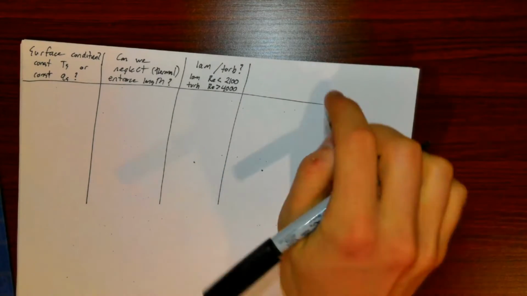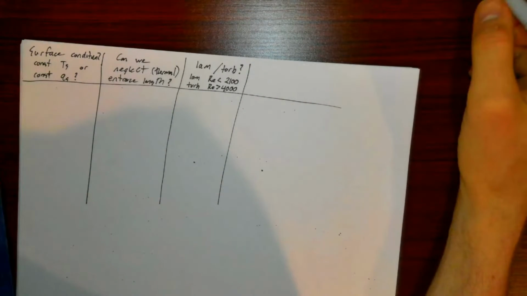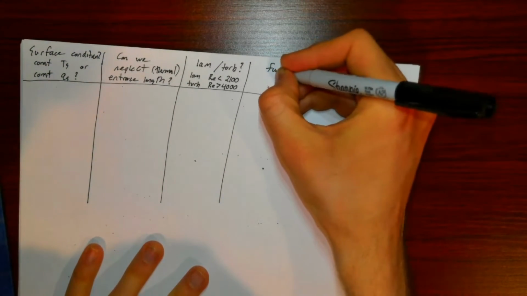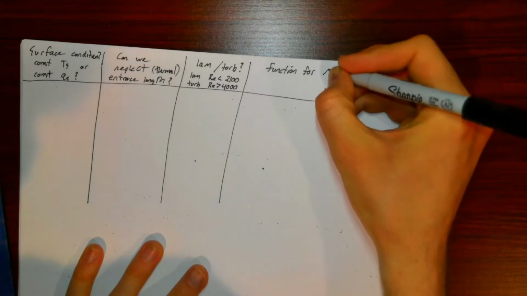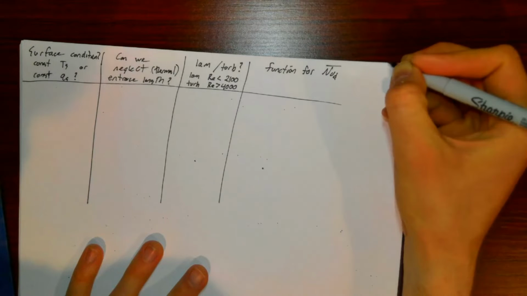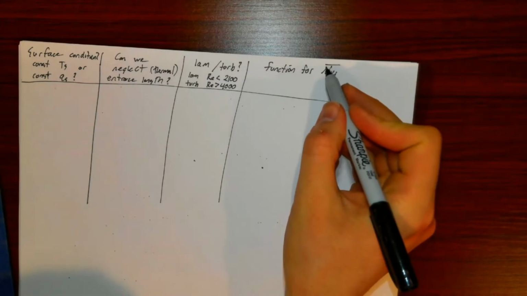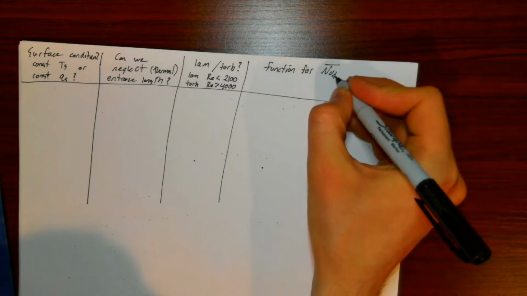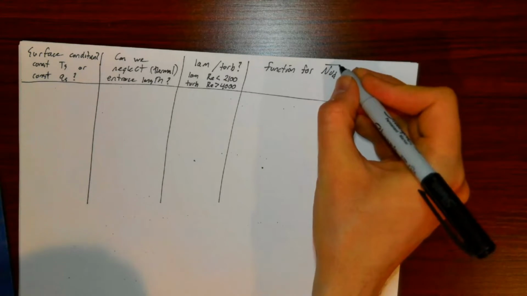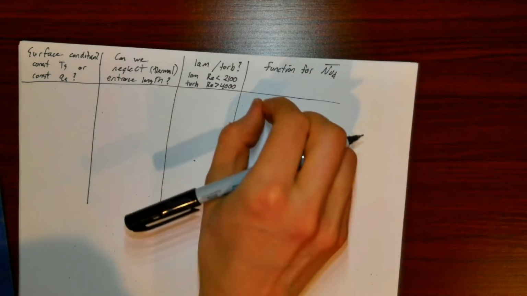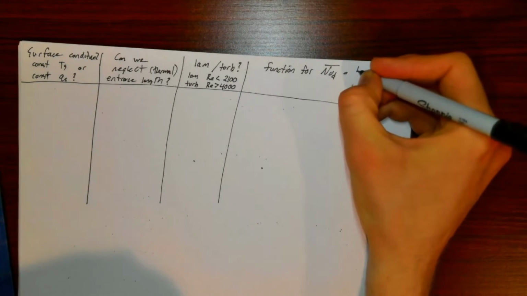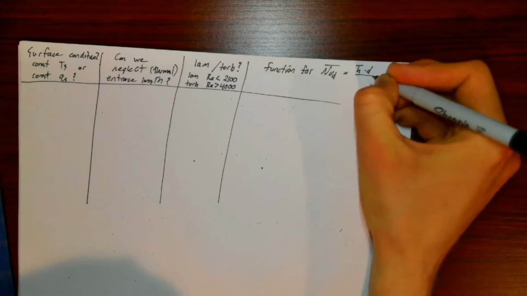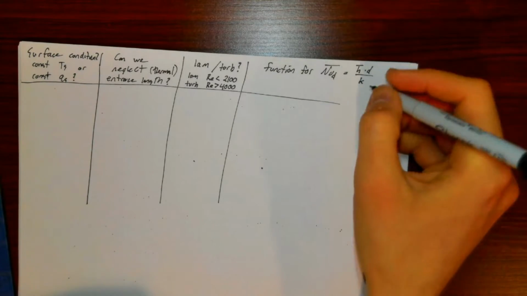And then the final question is basically our function for Nusselt number. In particular, it's a Nusselt number based on diameter, and the bar across the top says it's the average Nusselt number over the whole length of the pipe. And you remember, Nusselt number is h bar times d over k of the fluid,